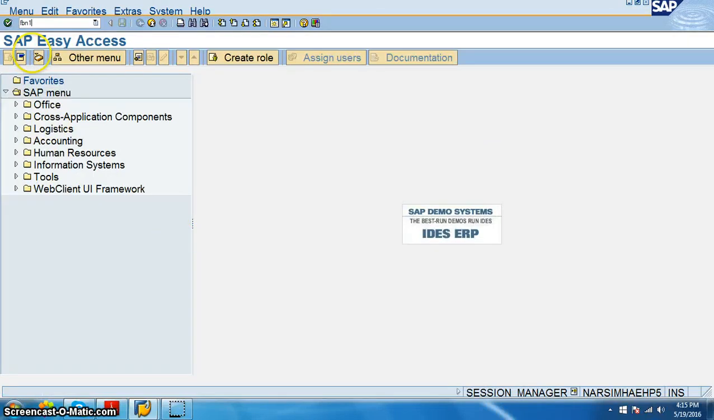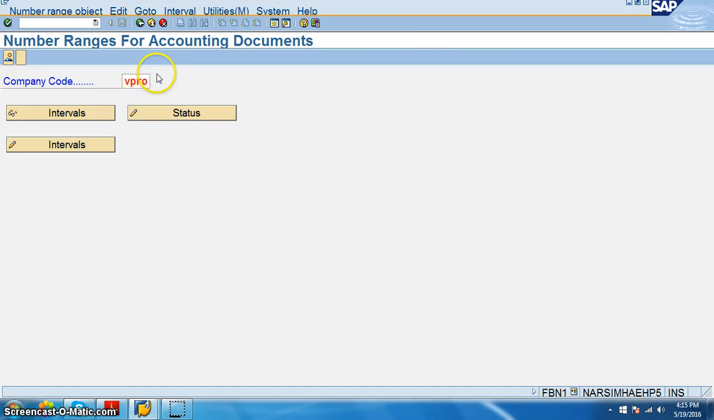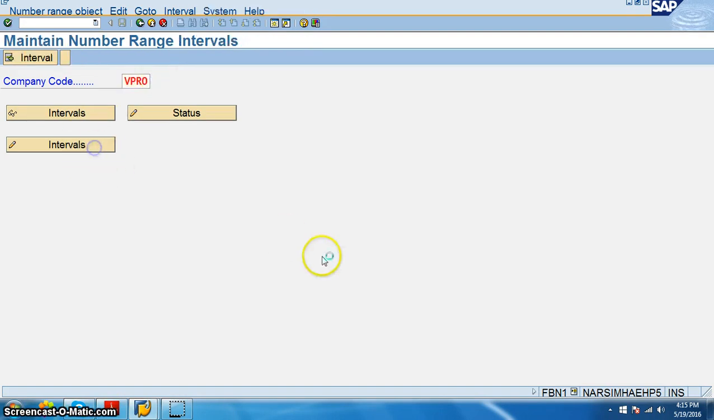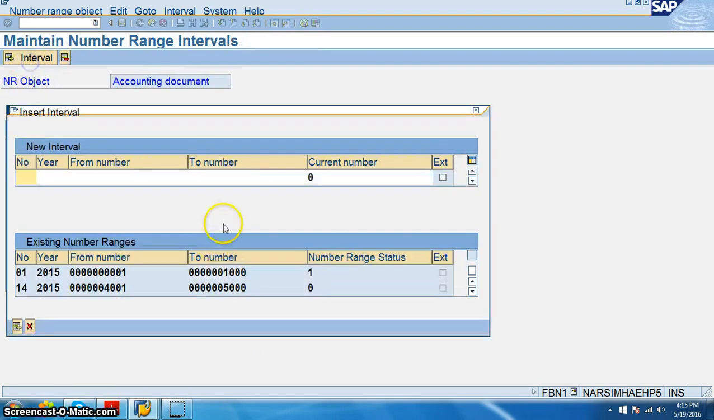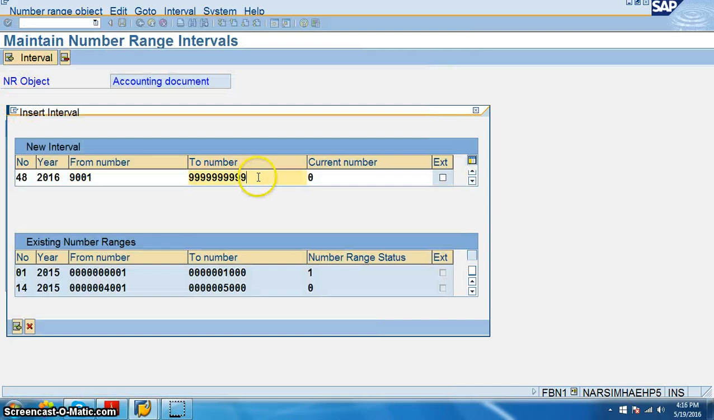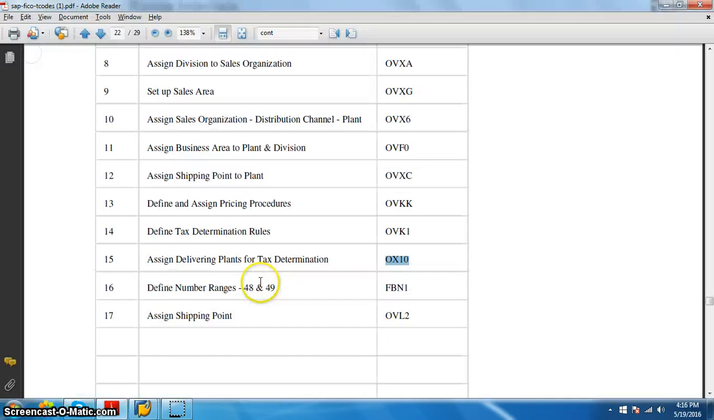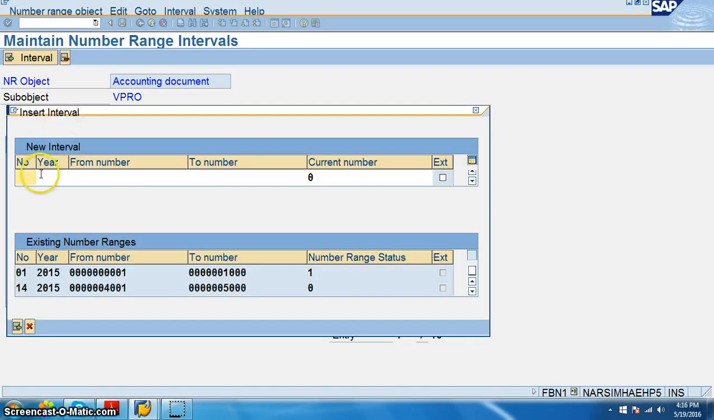Let's go to the FBN1 transaction, and here our company code is VPRO. So let's go for intervals, and in the intervals we are going to go for 48 and 2016, and the number range, whatever is the available number range, we'll take that. We'll have 10,000, say OK, and then we have to go for another number range, that 49